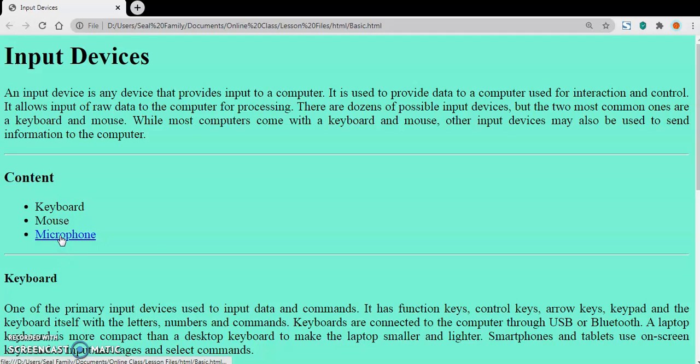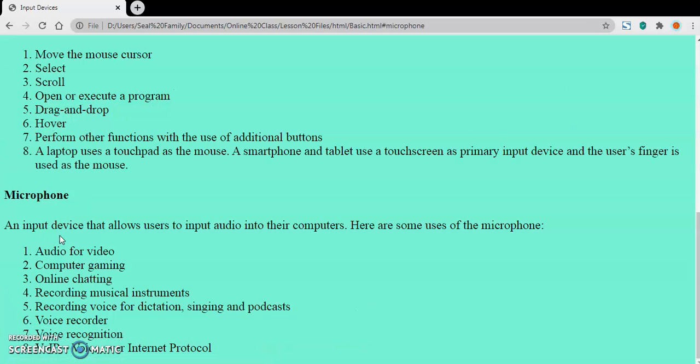You can also see, when I place my cursor over here, at the bottom of my screen the URL to which it will jump says basic.html, that is the name of my file, and then there is the hashtag and microphone. That means it is remaining on the same web page, and then going to the section of the web page. So I click the microphone here, and now I am directly jumping back to my microphone section. So I created a bookmark.